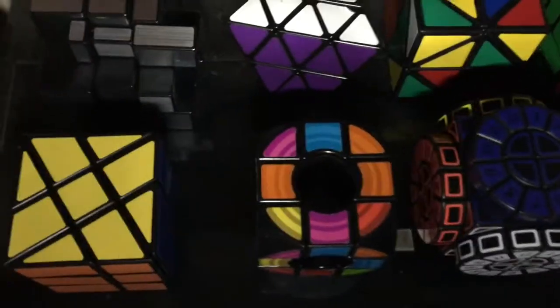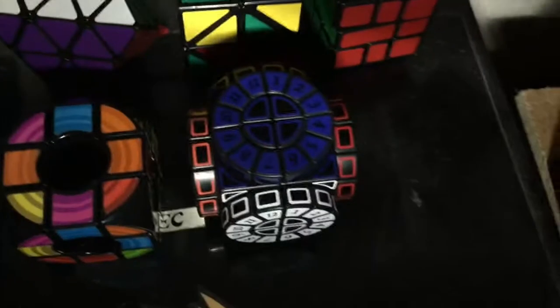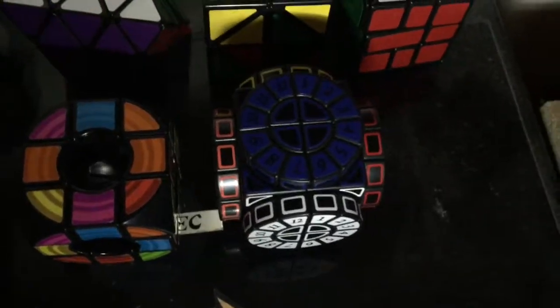This one here is a windmill, YJ windmill cube. As you can see, the caps are kind of lost. It's a bit of a shame, but I might get another one later on. This one here is just a Rubik's brand void cube, and this one is a Smaz, or I don't think